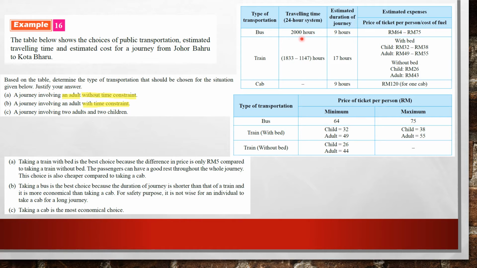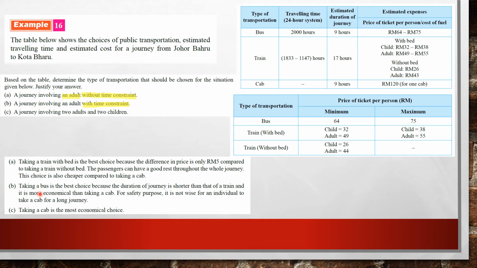But the bus also has to travel at night. But for the train, the duration is 17 hours compared to the bus. So when you consider the time, the duration of the journey, in this case, better you